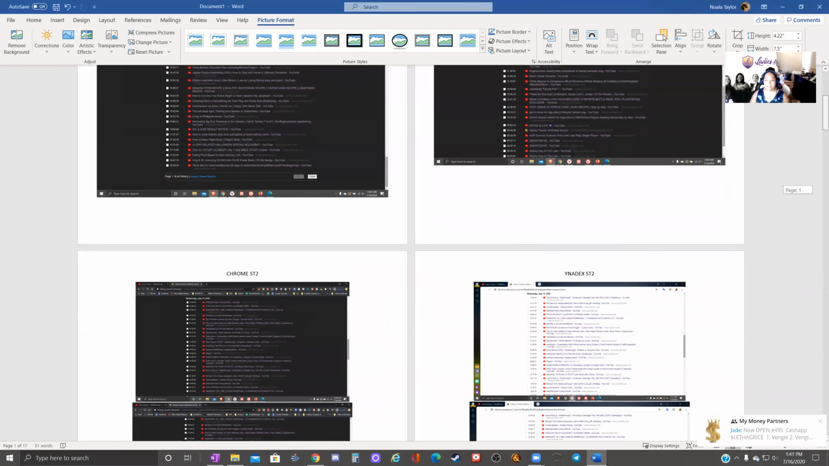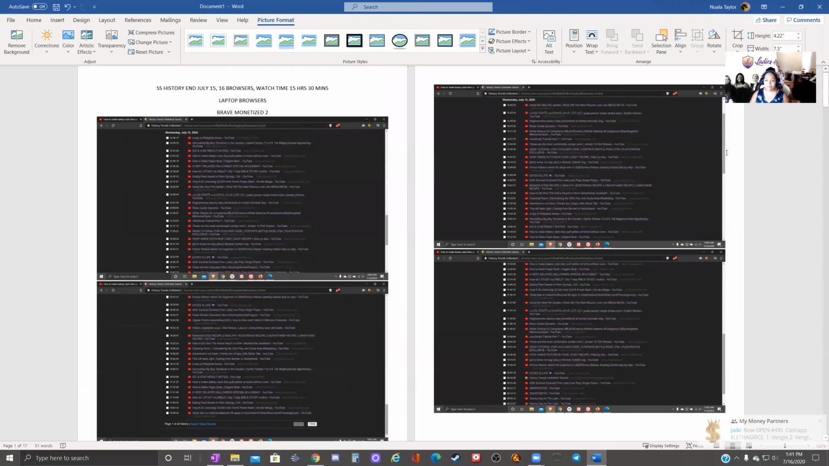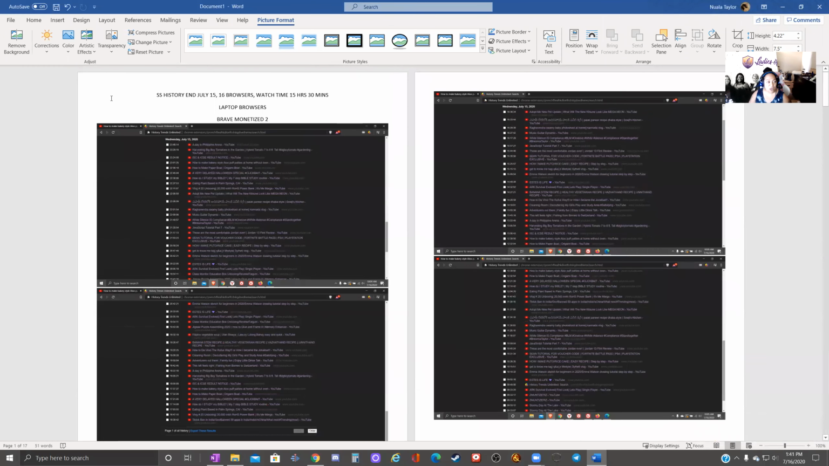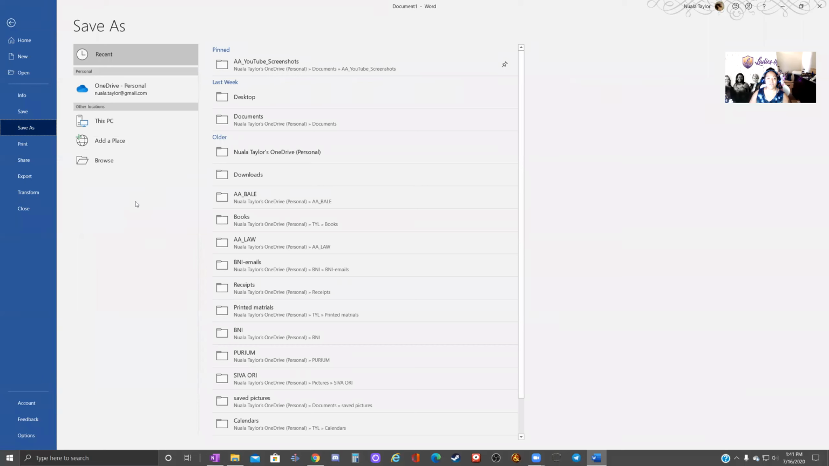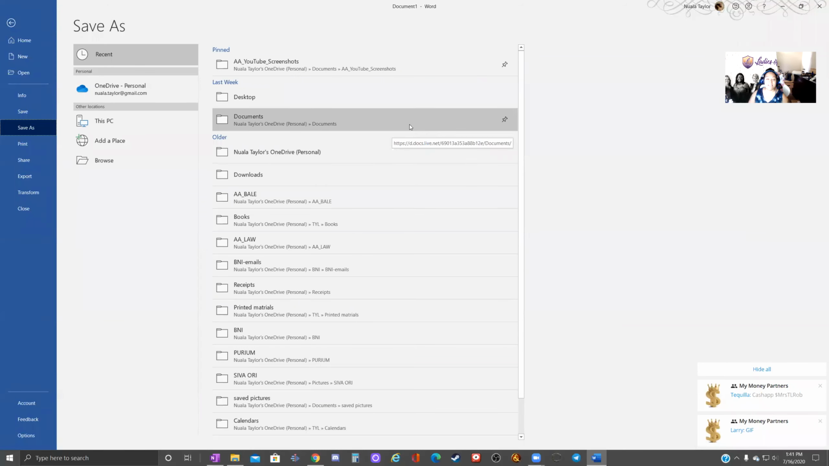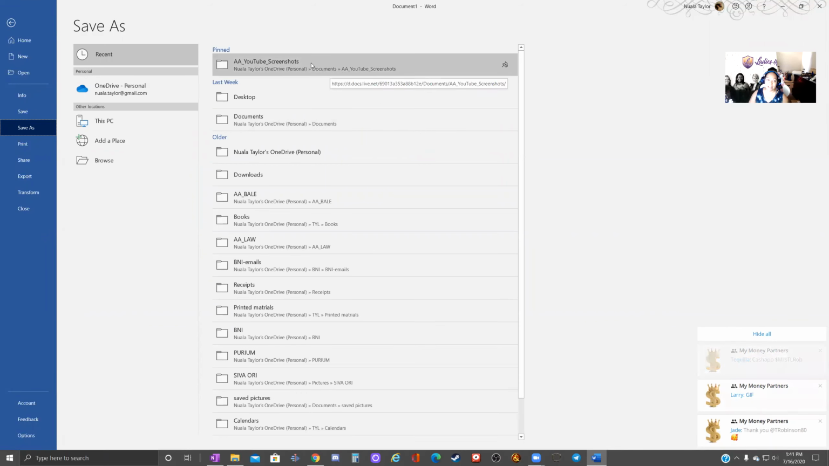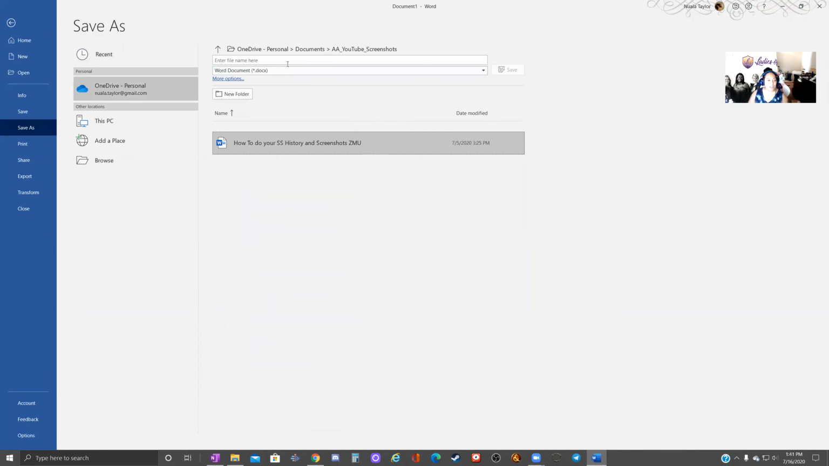So it is time to save this and convert it to a PDF. And this is how you do that. You can also do this on your Google Docs. You'll go File, I want to save as. I have a place where I save all my screenshot histories. I save them for at least a month or 2, and then I delete everything that's old, so I free up space. So I have my AA YouTube screenshots here, and I'm going to name it exactly what we're supposed to name it